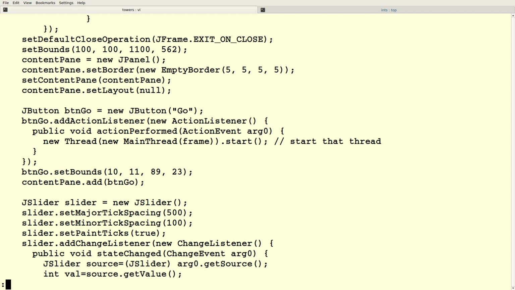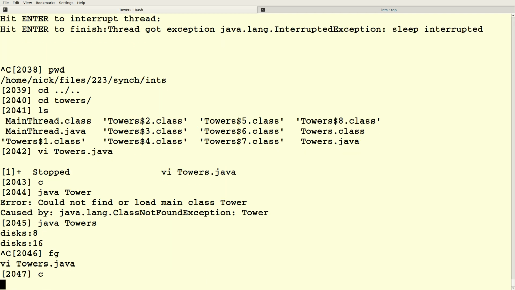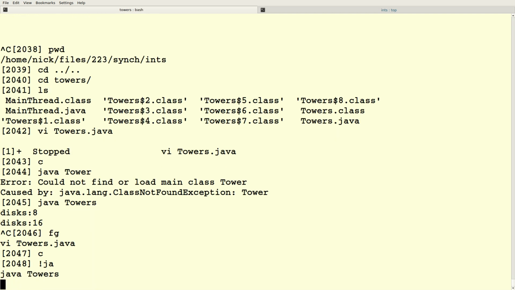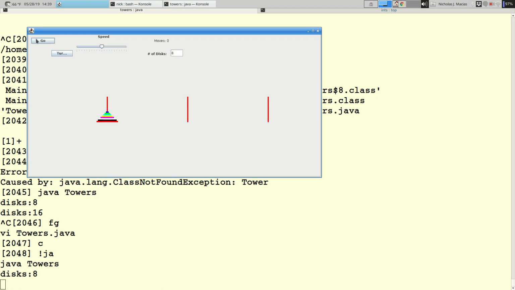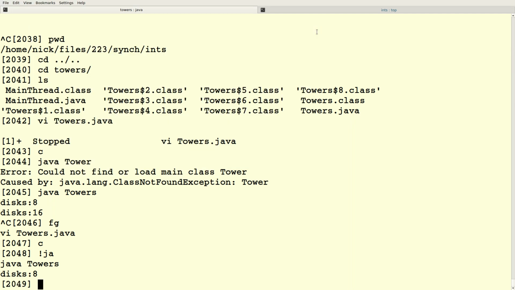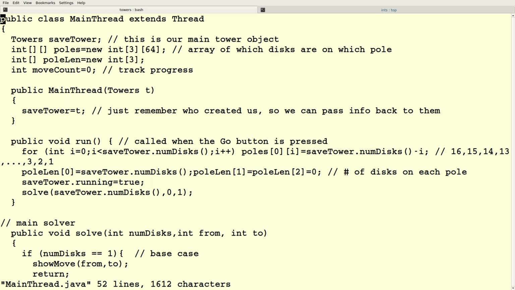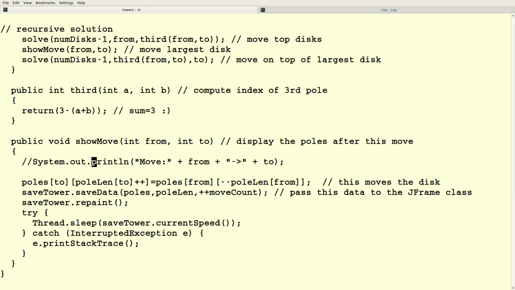So if I make that start so that it actually runs in a separate thread, and I say go, then it'll go ahead and it'll start playing the game. And let me put the print back in here.